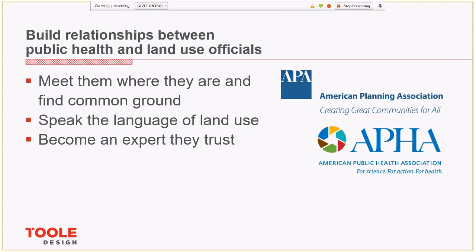Planners and health professionals both love acronyms, so make sure that you understand some of the jargon when you go into these conversations. The resources that ODH has developed can be very useful for this, like the one that Michael just mentioned about housing affordability. We also have a zoning FAQ sheet and the land use and health best practices report. Another great resource that you can return to is ODOT's regional transportation planning organizations. So now I'd like to turn it over to Andrew Shepler to speak a bit more about them and how they can help you.